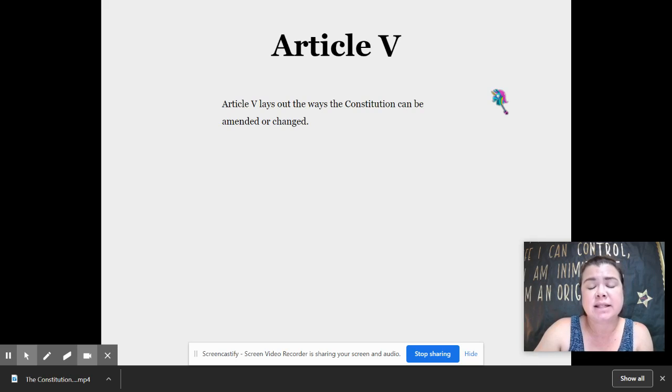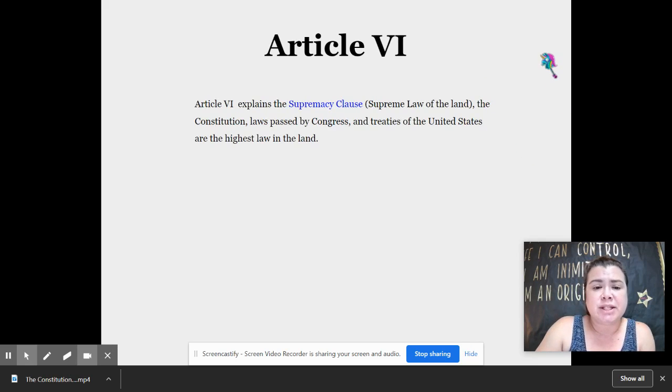Three-fourths of the states needs to agree on the changing of the Constitution, or a convention would need to do that. Okay, so there's a lot of different things that have to be not only proposed but completed and voted on before any changes can be done. It's very difficult. Moving on, Article number 6 explains the Supremacy Clause, which is the supreme law of the